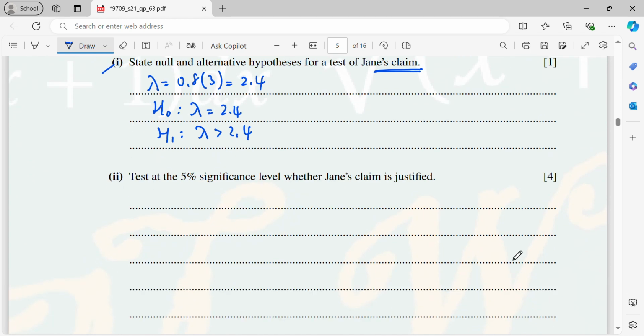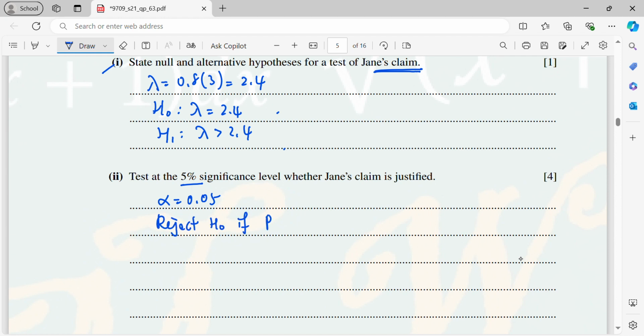Now, second part, test at 5% significance level whether Jane's claim is justified. Okay, so now here I will write H0, H1, done already. Probably I will just write alpha is 0.05. Okay, then just write reject H naught